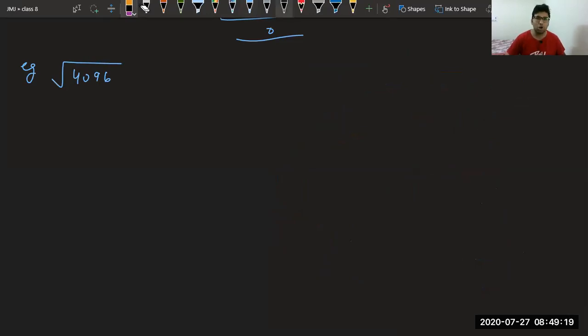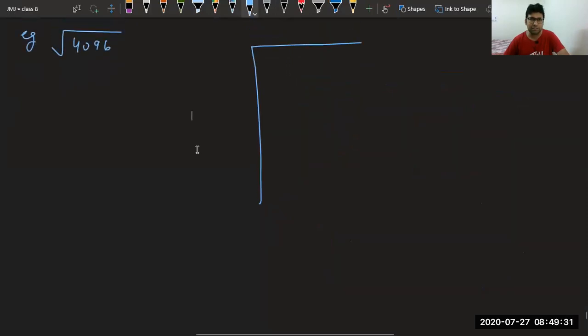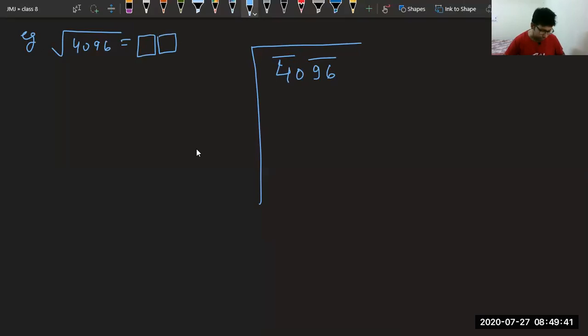Now, let's see, all of you, those who have tried, next part is very good. Now, let me try this. We have 4096 like this. Again, make this table like thing. After this, write the number 4096. Again, I am getting 2 pairs. So I am sure my answer will have only 2 digits.